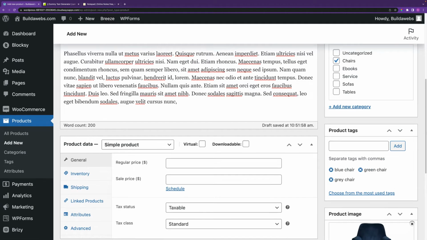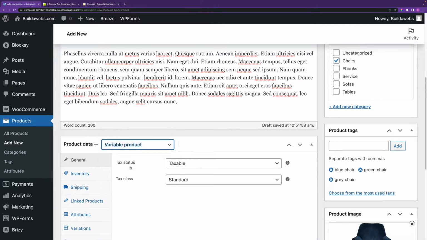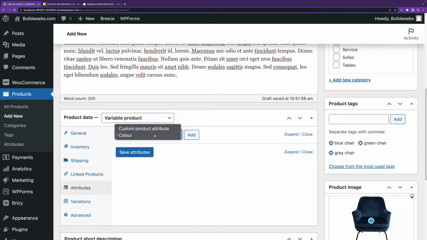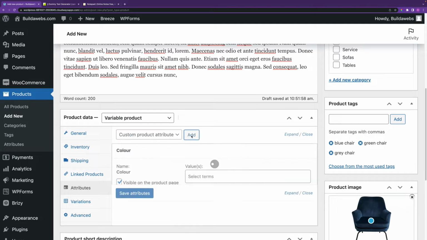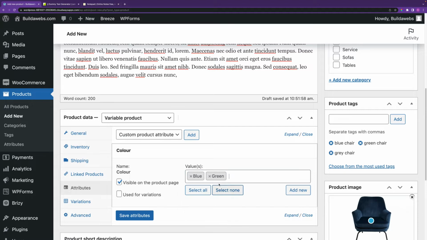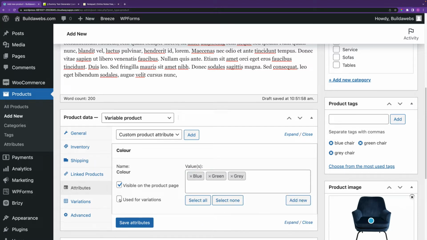So the next thing you want to do is head to product data and then choose variable products, because we're creating a variable product. So what we want to do is add the attribute that we created earlier. You can do that by choosing this value here and then clicking add. And then you choose the different values that you created. So we've got blue chair, green chair, and grey chair. And make sure that you tick this, because you'll see why later on, because we're going to create different variations of this. So click save attributes,